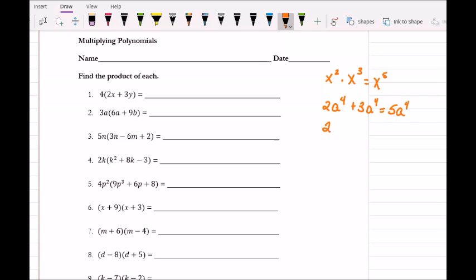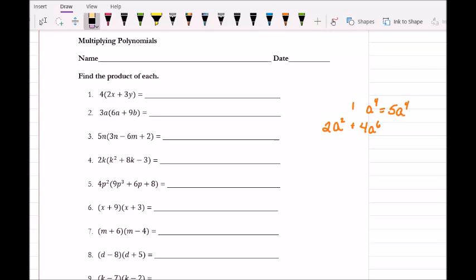And if they were not the same power, let's say it's 2a squared plus 4a to the sixth, then you wouldn't be able to add them because they're not like terms. Okay, so those are a few details that you've probably seen before, but it's important to know as we start